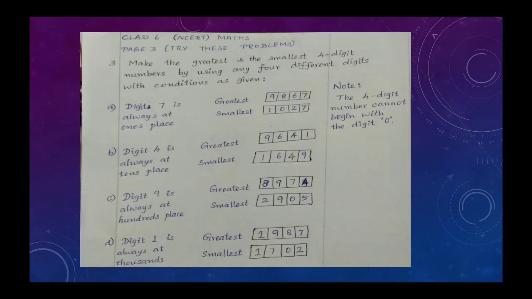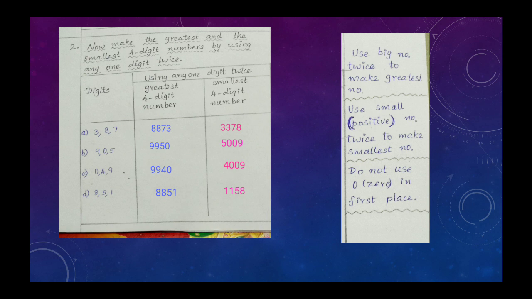Now, make the greatest and the smallest 4-digit numbers by using any 1 digit twice, which means we are given 3 digits only, but we have to make 4-digit numbers. What is the condition given here? You can use any 1 digit 2 times. Okay, so digits are given 3, 8, 7. Using any 1 digit twice, greatest 4-digit number is